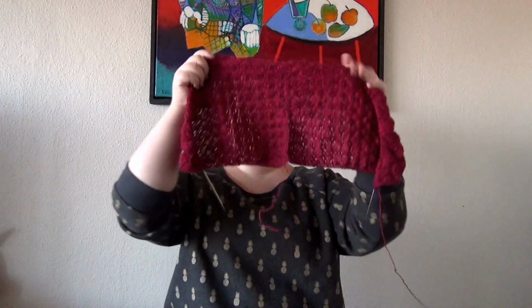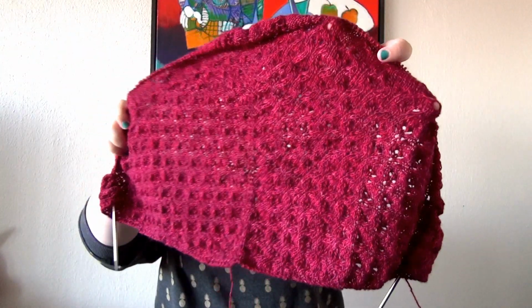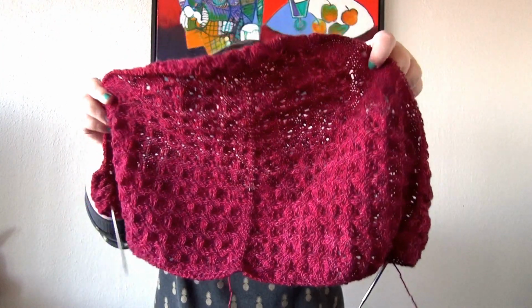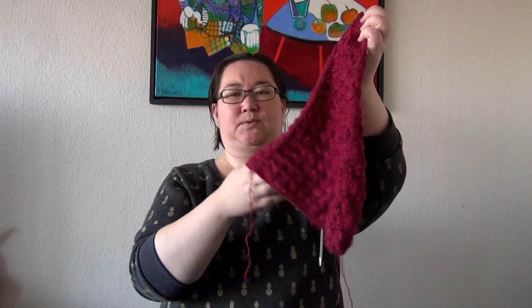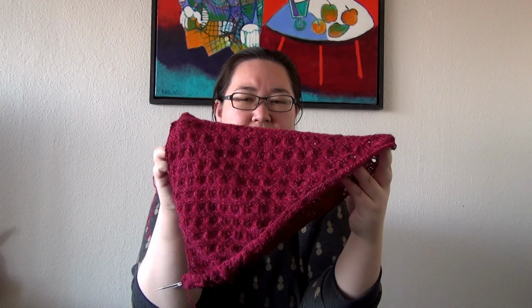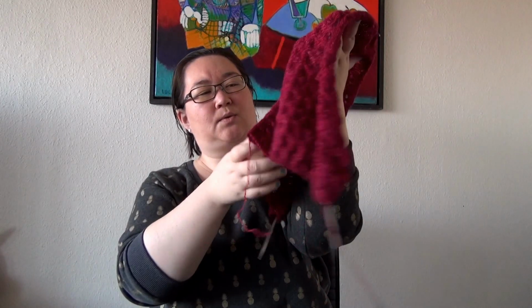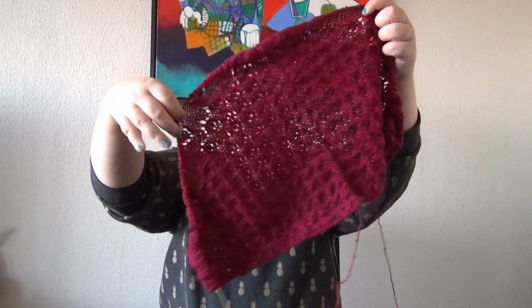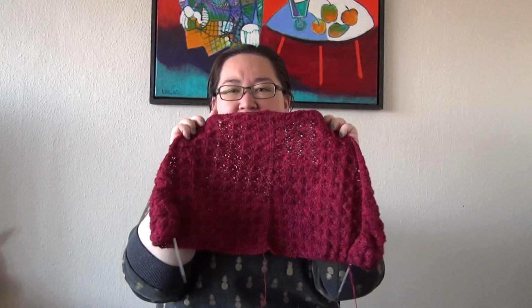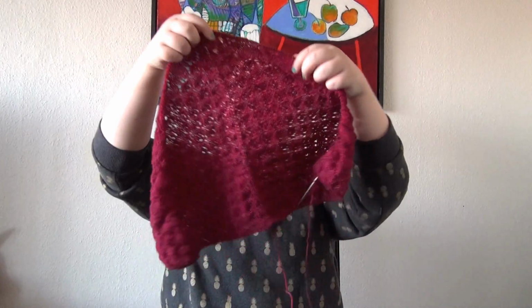I am currently working on this little beauty, which isn't so little anymore. It's not as red as it's coming out on my screen. It is the Sakura pattern, which was a Brooklyn Tweed, I think, pattern that's a couple of years old now. When I last showed it to you, I was down here, and so it's grown quite a bit. I was at the end of chart A when I last showed it to you, and I've just done the first